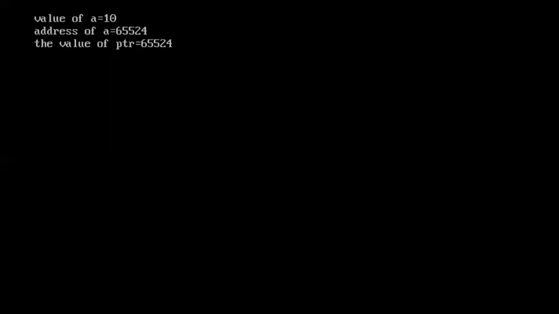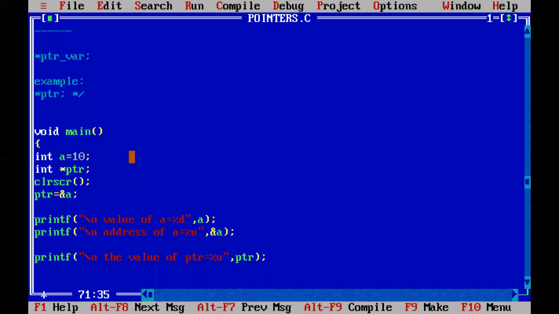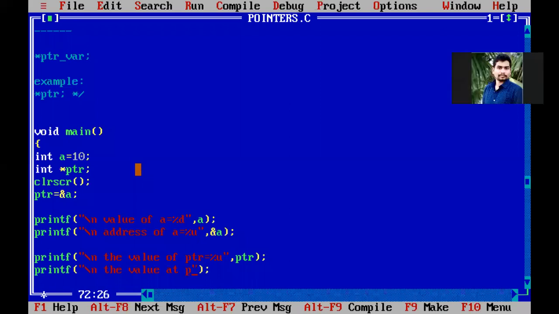So next, now I want to print the value 10 by using the PTR. Printf, you write down one more printf statement, \n, the value at PTR I want to print equal to %d, integer value we stored.